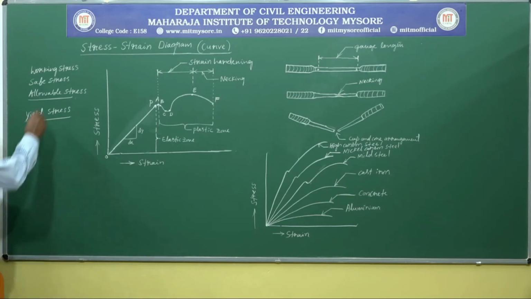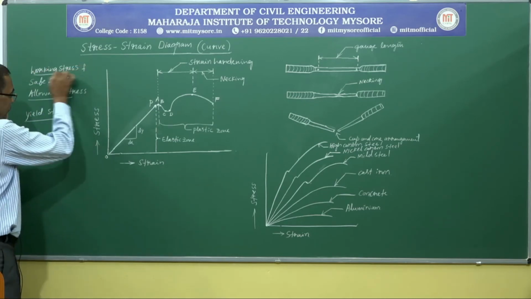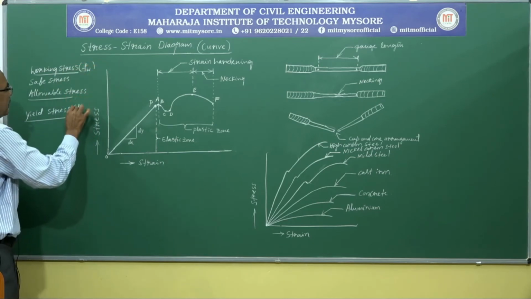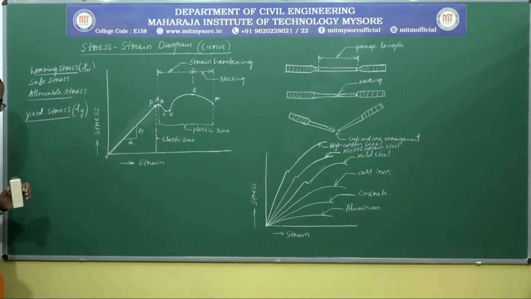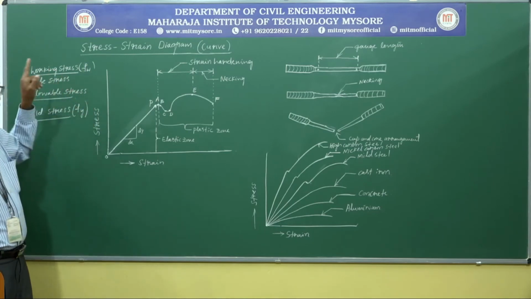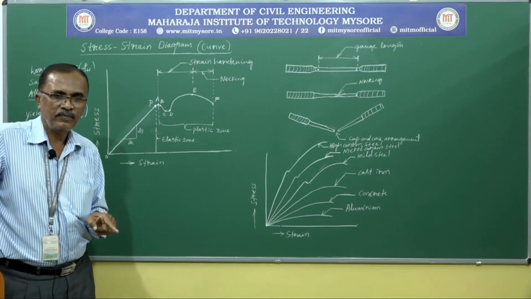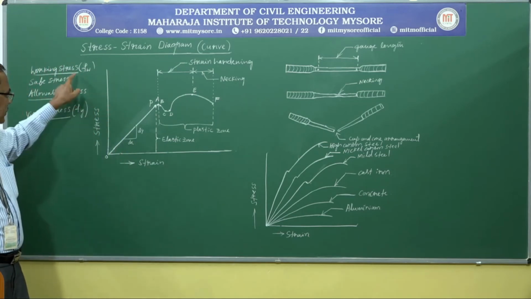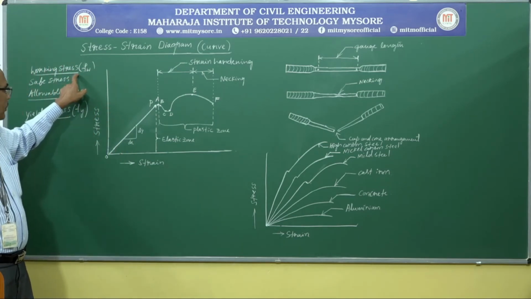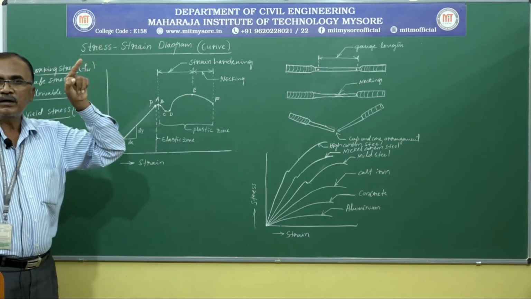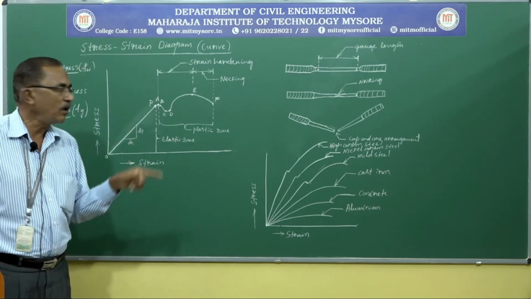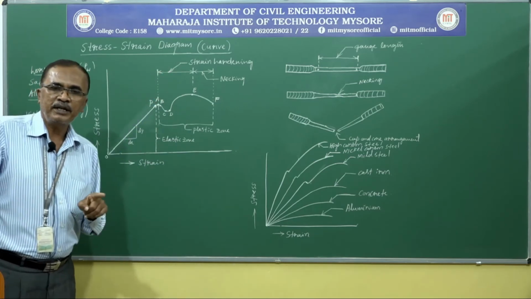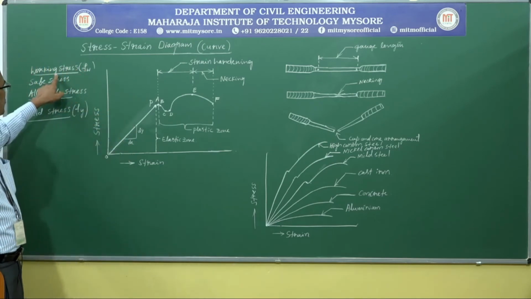Next, it is the working stress, which can be designated as Fw, and this can be designated as Fy. Working stress is the stress at which the material still retains its elasticity. So working stress can be obtained by knowing the yield stress or ultimate stress. Depending upon the type of material, we can calculate working stress.